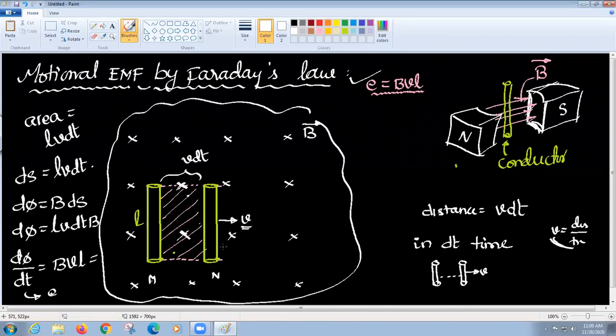It's very easy, right? This is the way you can understand the same principle. This is very simple. This is how you have to verify Faraday's law. See, this is my area, the swept area, otherwise Lv dt. Now I know this is my flux. This is my flux linkage within this area.